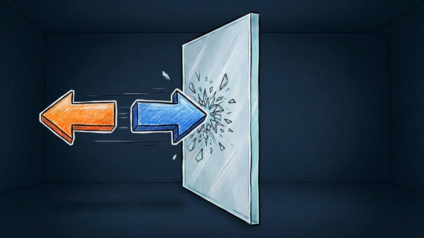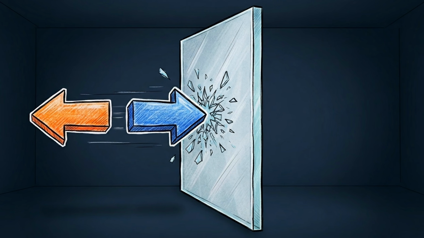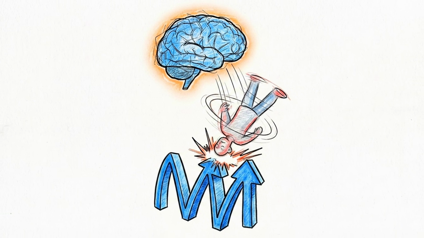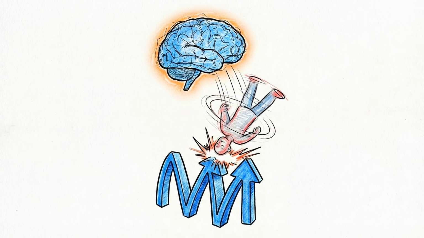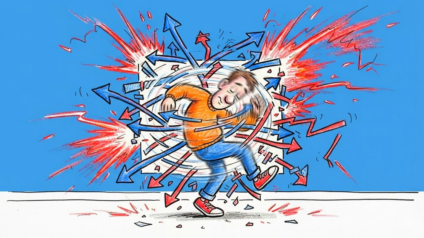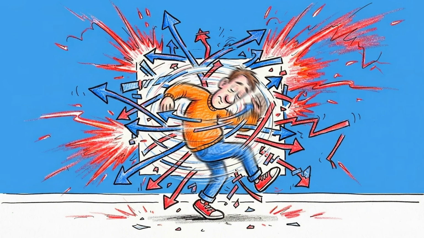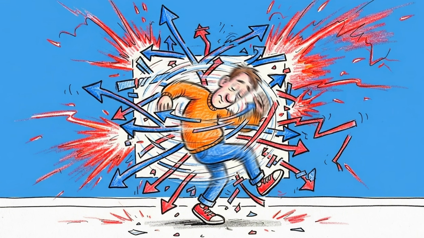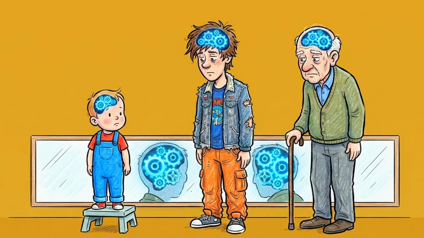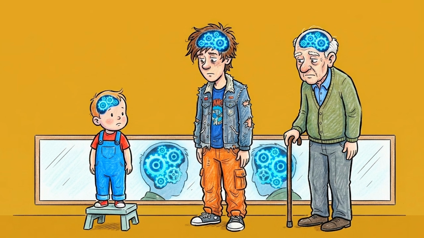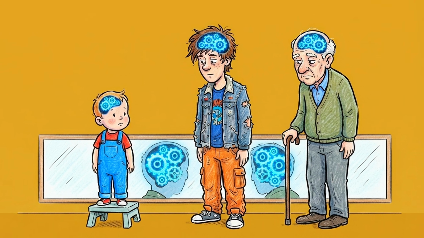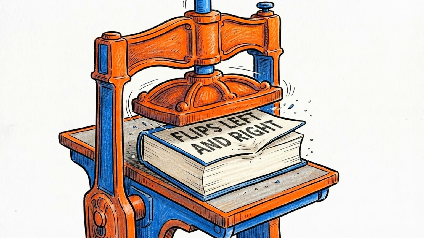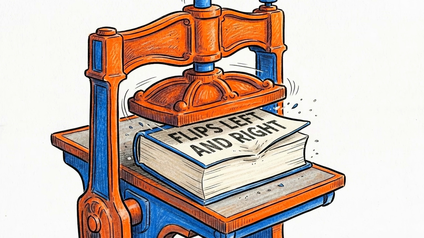The mirror only ever performed one operation, depth reversal, but your brain's automatic comparison process layers an imaginary rotation on top of that single operation, and the combination produces the familiar, confusing left-right mismatch everyone grows up believing is simply how mirrors work. Because this false impression forms so early, so automatically, and so consistently across every single person who has ever looked in a mirror, it becomes embedded in casual language almost immediately.